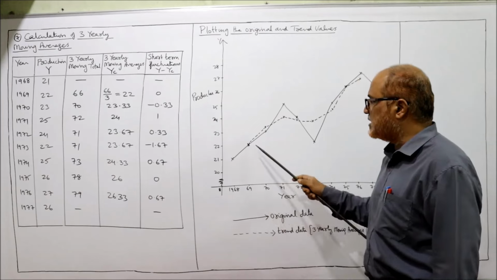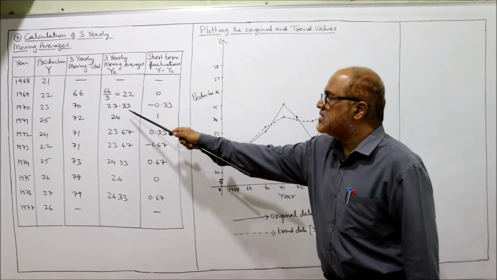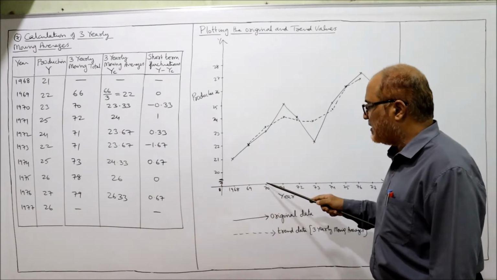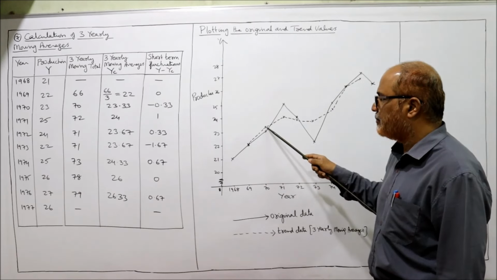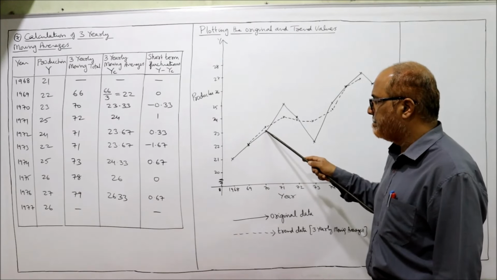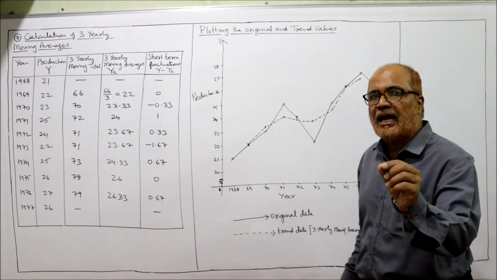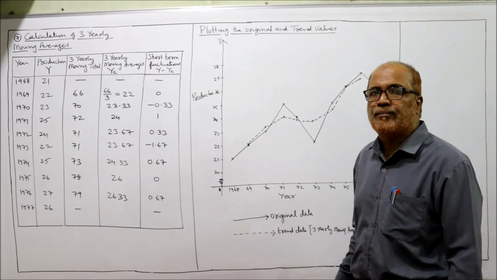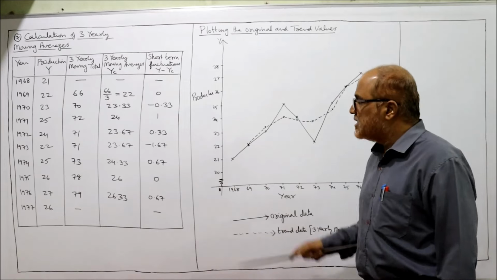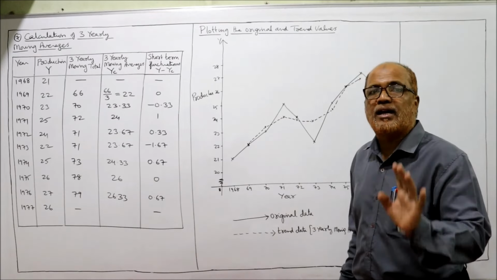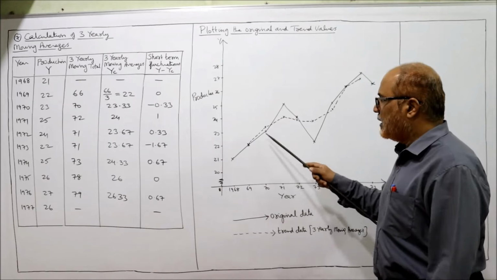So 1969, 22. 1970, 23.33. Mark just above 23. Then join these 2 points by a dotted line. This dotted line is the trend line. The straight line is the actual data. Now similarly for